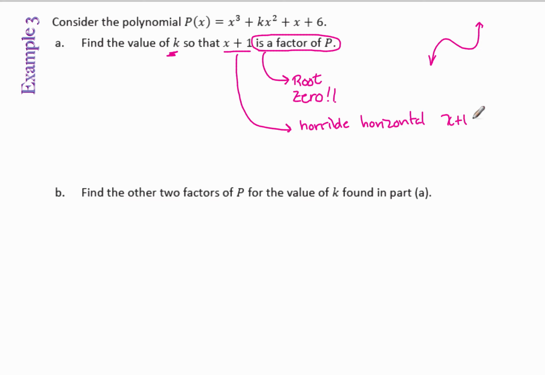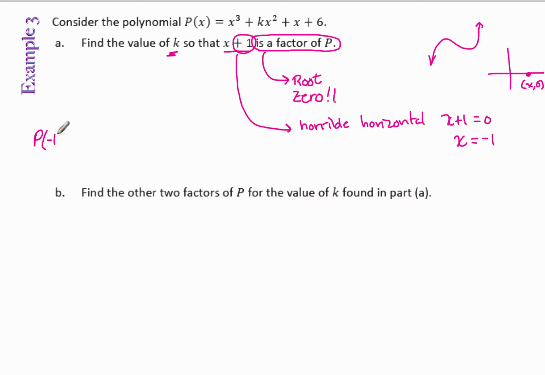x plus 1 has to equal 0 because on the x-axis, all points have 0 as their y value. So that means x is negative 1. So that is actually the number I'm putting into the equation. I'm not putting in plus 1. I'm putting in negative 1. So if I were to put negative 1 in,